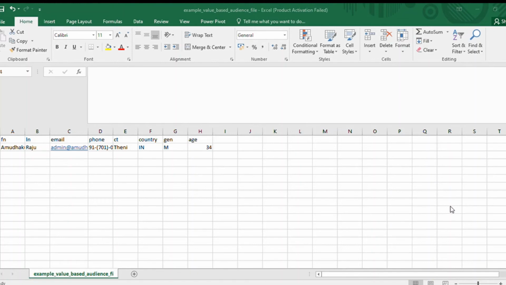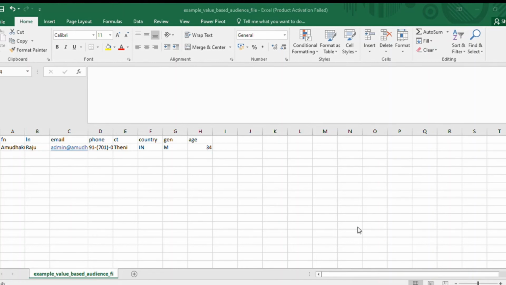I have already named this one. Name your audience is basically Amudhan digital marketing course audience. Let me say people who have already taken the course. Let me select the column value: user ID, identifiers, email address. Zip code I'm not using, so I'm using phone number. Then ID, first name. For this example I will take first name, last name, and all the stuff. I think the first thing starts with the first name, so I will go with this one, and click on next.